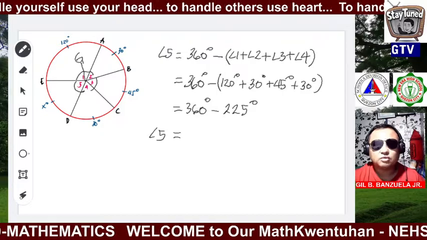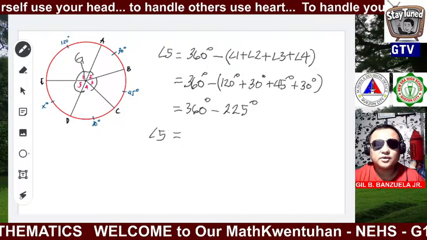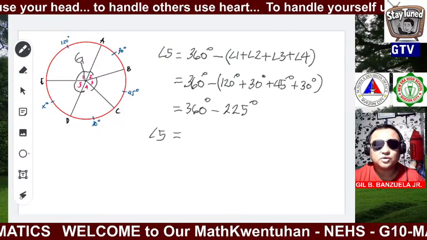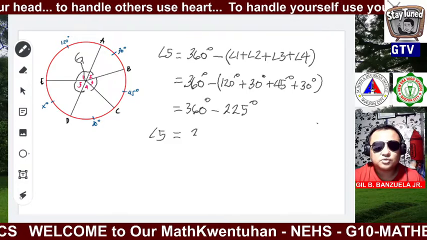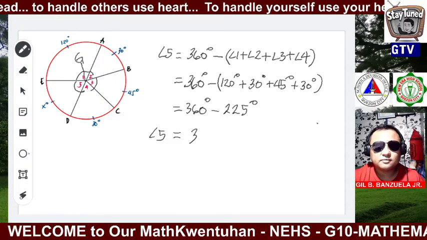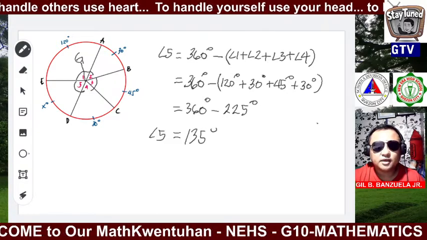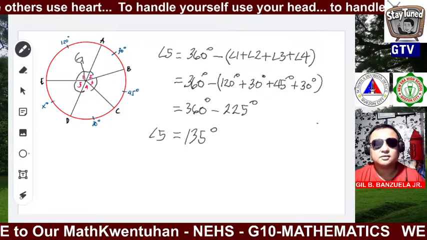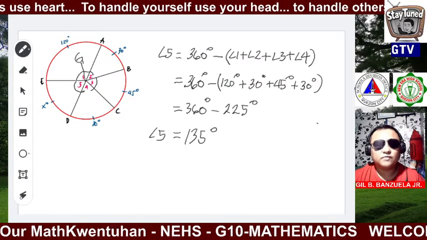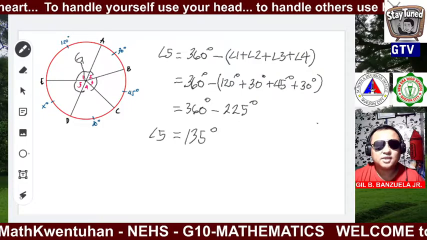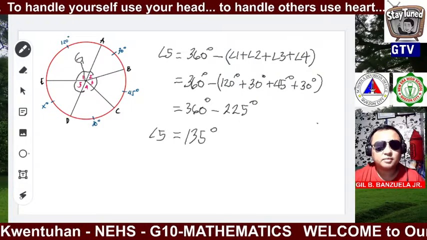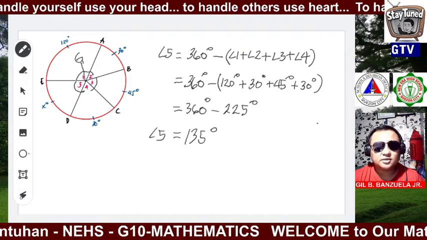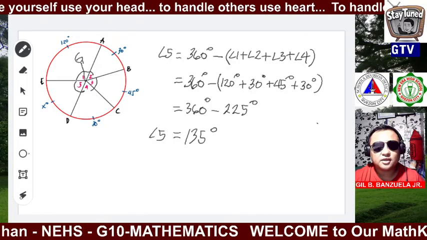So, that is equal to 135 degrees, guys. So, yun yung gagawin natin. So, isusulat natin. So, 135 degrees. Ayan. Alright? So, therefore, angle 5 is 135 degrees, and it intercepts arc ED,